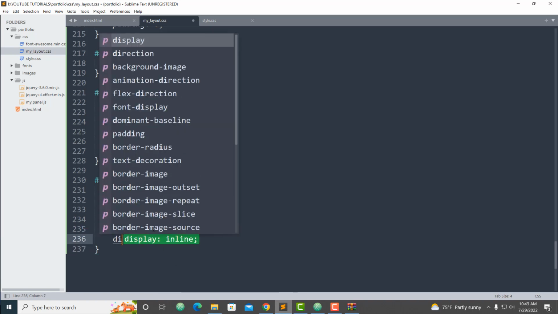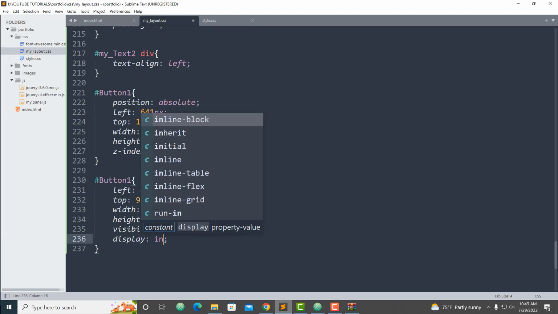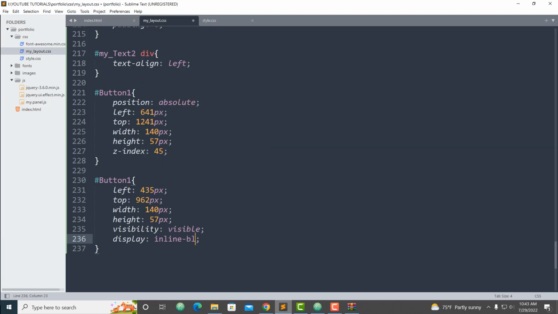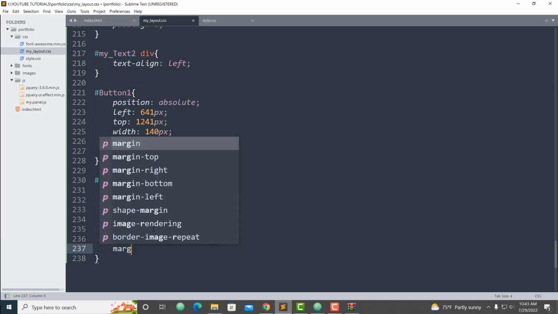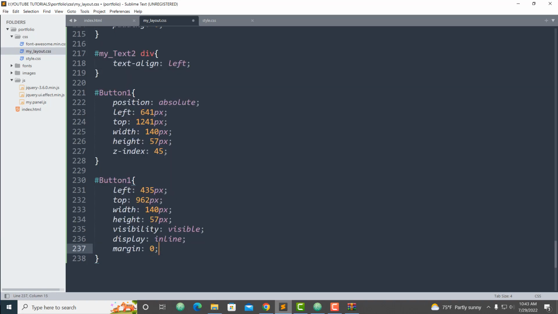Okay, also I'm going to display this not inline block but inline, and give it a margin of 0, and yes, I'm going to give a padding of top, right, bottom, left, and